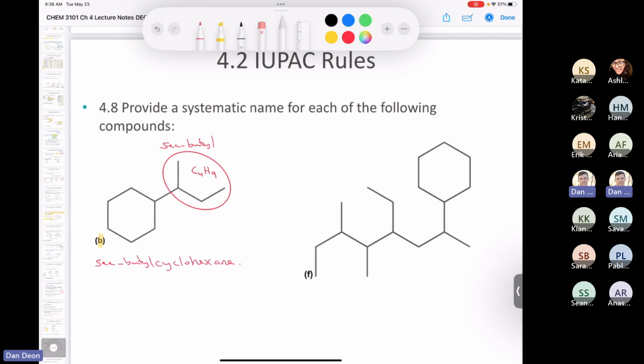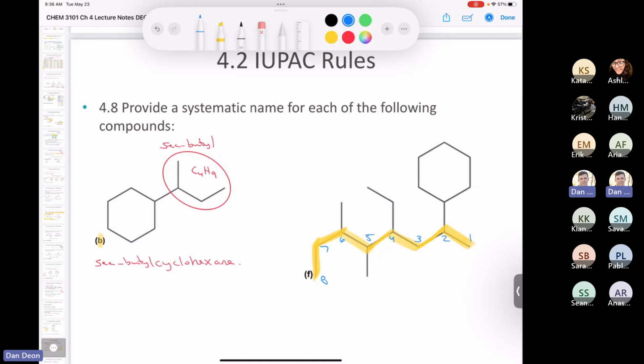All right. The next one. So you can see, hopefully, the longest carbon chain goes 1, 2, 3, 4, 5, 6, 7, 8. 8 carbons in the longest chain. Should I start numbering from the bottom left or should I start numbering from the right? So from the left-hand side or the right-hand side? Anybody? Yeah, from the right-hand side because the first substituent would be on the second carbon. Absolutely. So we're going to start here. 1, 2, 3, 4, 5, 6, 7, 8.